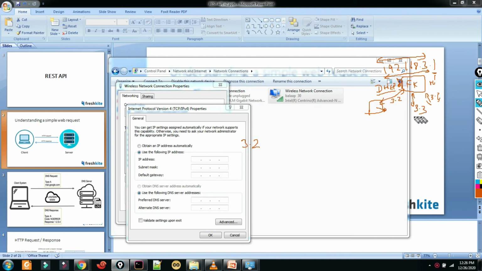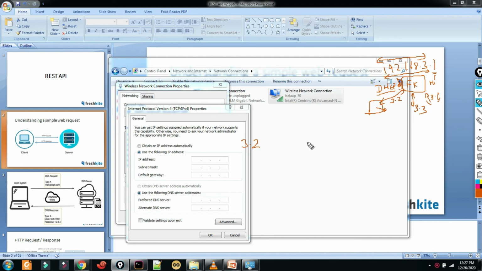In a network, no two systems should have the same IP address. If two systems have the same IP address, it's a problem, right? You will also get a pop-up now and then, an IP address conflict, in your Windows. So you cannot communicate. Each system should have a unique IP address.